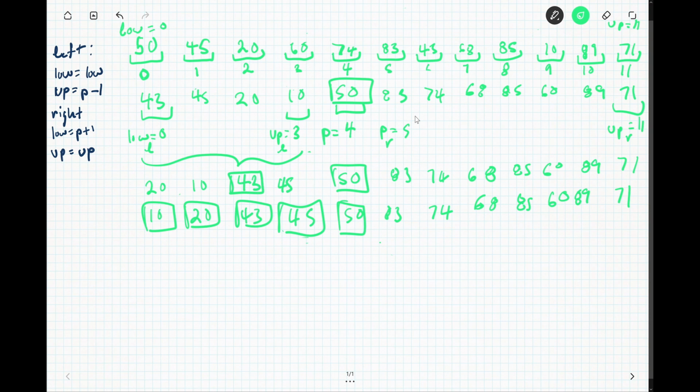Well, we're going to end up with 83 as our pivot for the right side, right? If we do this one, we're going to get 83 as our pivot. That's our lowest bound. So we're going to have 4 elements that are less than or equal to 83. That's going to be 60, 74, 68, 71. So we're going to get 60 here, so we're going to have to swap 60 and 83. 83 is our pivot, so that's fine. That's going to go there. And then 74, and then 68, and then 71 needs to go here, so we're going to swap 71